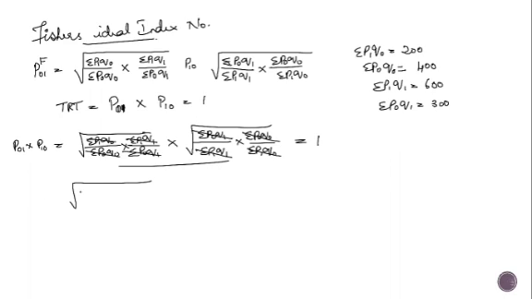What is the value? 200. So 200 divided by P0 Q0, what is the value? It is 400, into P1 Q1, it is 600, divided by P0 Q1, it is 300. Into the reverse of it, you have to write it, that is P0 Q1, it is 300, divided by P1 Q1, summation P1 Q1 is 600, into P0 Q0 is 400 divided by P1 Q0 is 200.